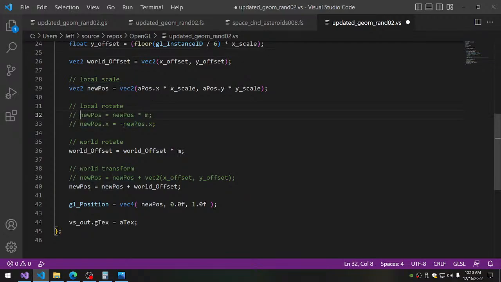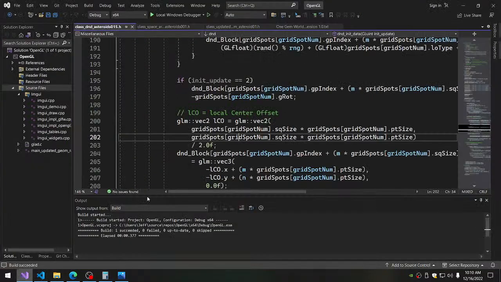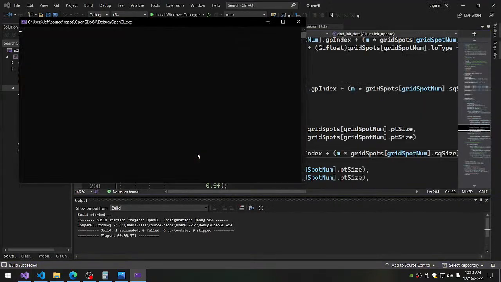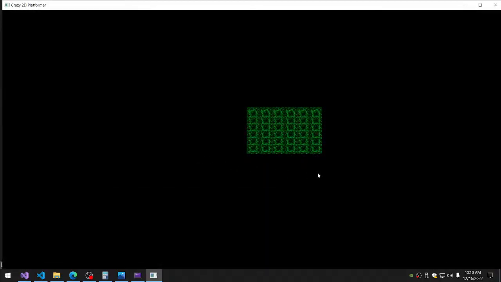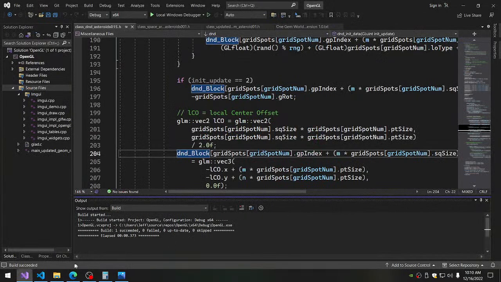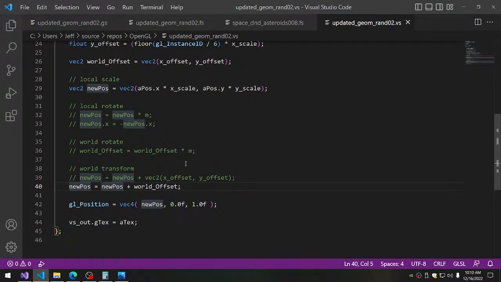Okay, first of all, let's start over again and just take out that and take out that. So we'll have the world offset, new position, just have the scale and the world offset. Save that. So computer, show me that. Okay. So to have that absolutely in the center,